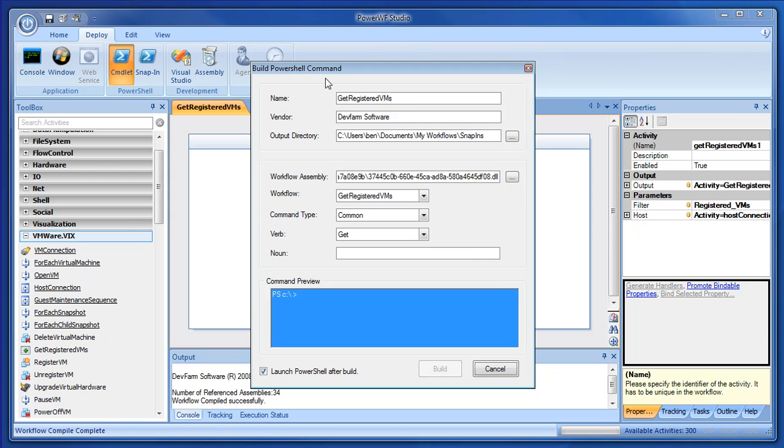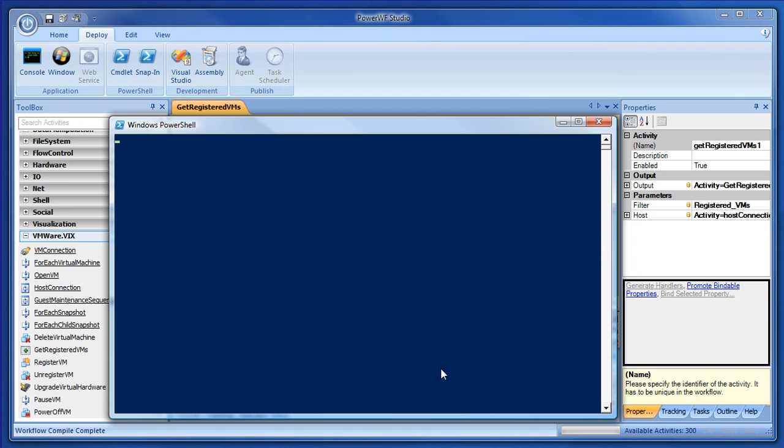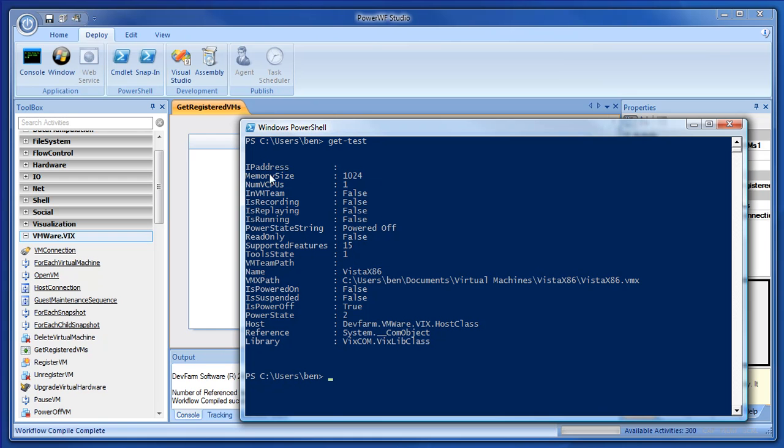So I just hit the commandlet button, and I'm going to just call it test so that the command is get test after we build it. And we'll hit build, and it comes up with the PowerShell. We do get test. Now what this should do is call that workflow and get the output, which are the registered VMs on my workstation, and it did. And we can do more than just look at this object, this virtual machine object. We could